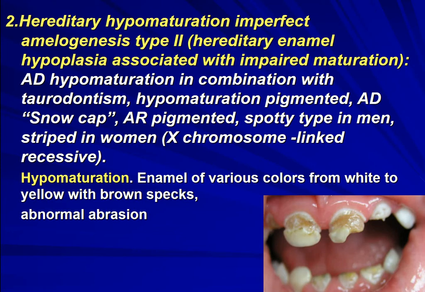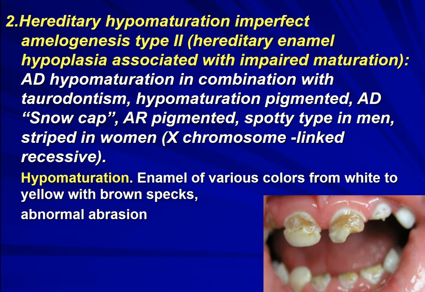Hereditary hypomaturation amelogenesis imperfecta, second type. Hereditary enamel hypoplasia associated with impaired maturation. Autosomal dominant hypomaturation in combination with taurodontism, hypomaturation pigment, autosomal dominant snow cap,